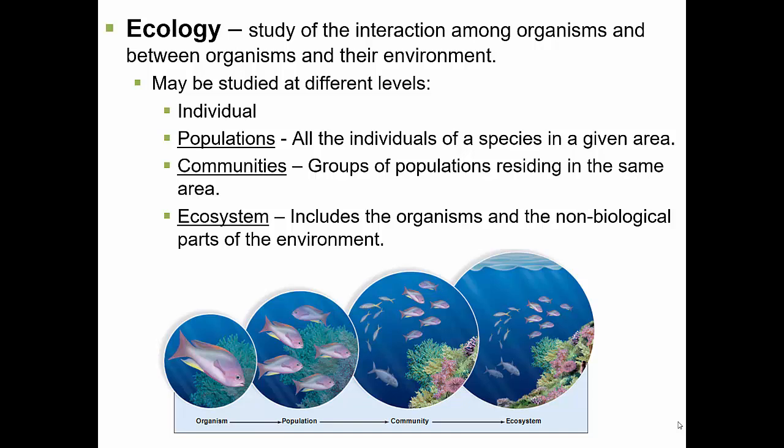Finally, we can study ecology at the level of the ecosystem. And so the ecosystem includes both the community and the non-living parts of the environment. Common non-living parts of the environment that we like to examine are things like sunlight and water and minerals. And so all these things make a tremendous difference in terms of the populations of animals that we will find